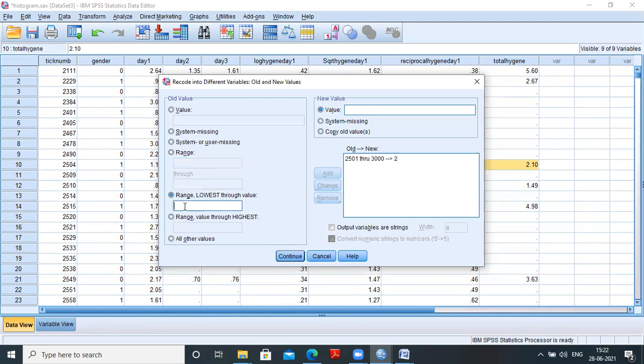Lowest through 2500, it will be 1. Then range from 3001 to 3500, we have to take it as 3. Then range from 3501 to 4000, we have to take it as 4.